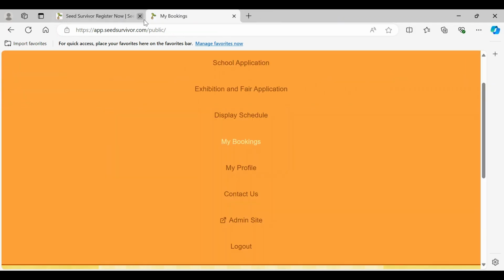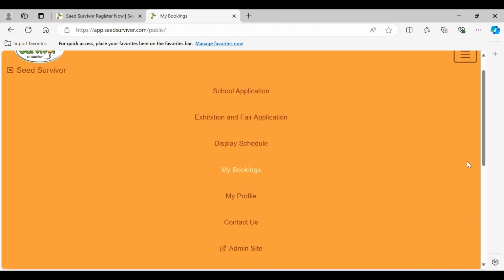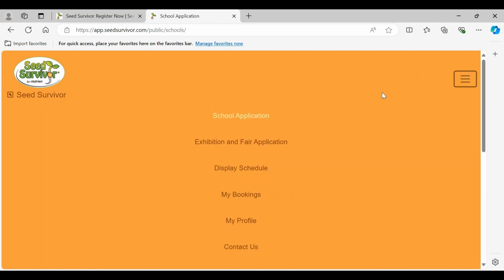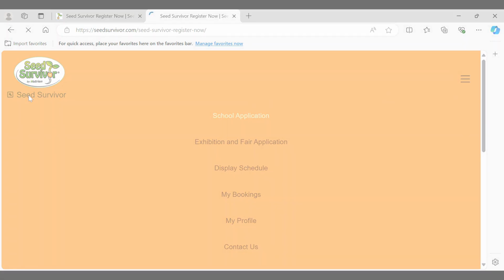Select My Bookings here to see your bookings. While your booking is pending, you can still make changes to your application. However, once it is approved, you will have to reach out to a program coordinator to make any changes from there. If we are unable to bring the mobile classroom to your area, you can utilize our virtual Seed Survivor